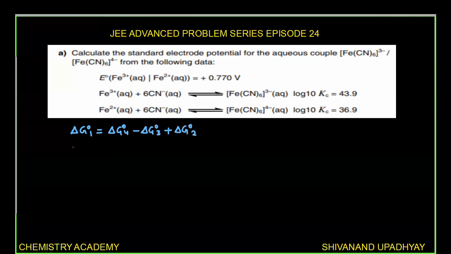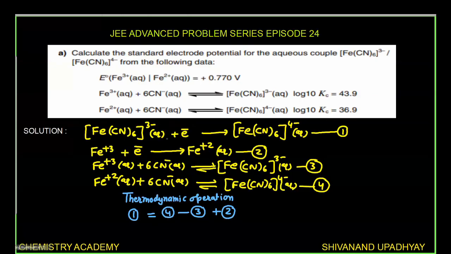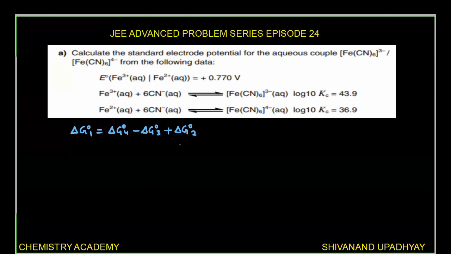So now I can put in the value of delta G01. This is a half cell reaction. I can write that delta G0 is minus nF E0 of the cell, right? So here the number of electrons participating in this reaction is 1, and Faraday constant into E01. On the right hand side, for the fourth reaction, I can write that delta G04 is equal to minus